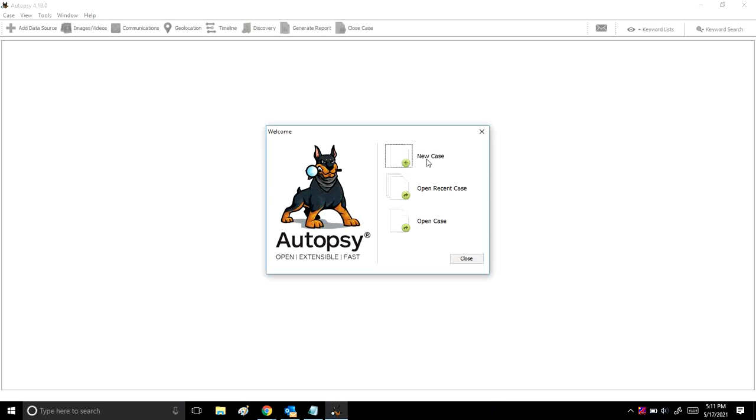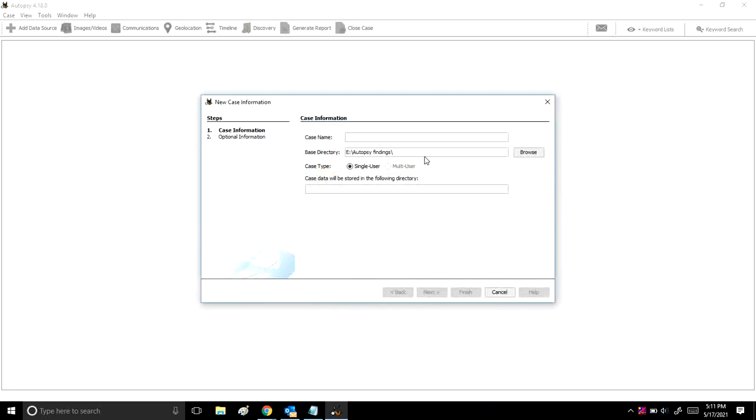Again, this will take some time to open, so you have to wait for some time. Okay, this has been opened. So here you can see a window pop up which is of case information. So first you have to give the case name. For example, I'll keep the case name as